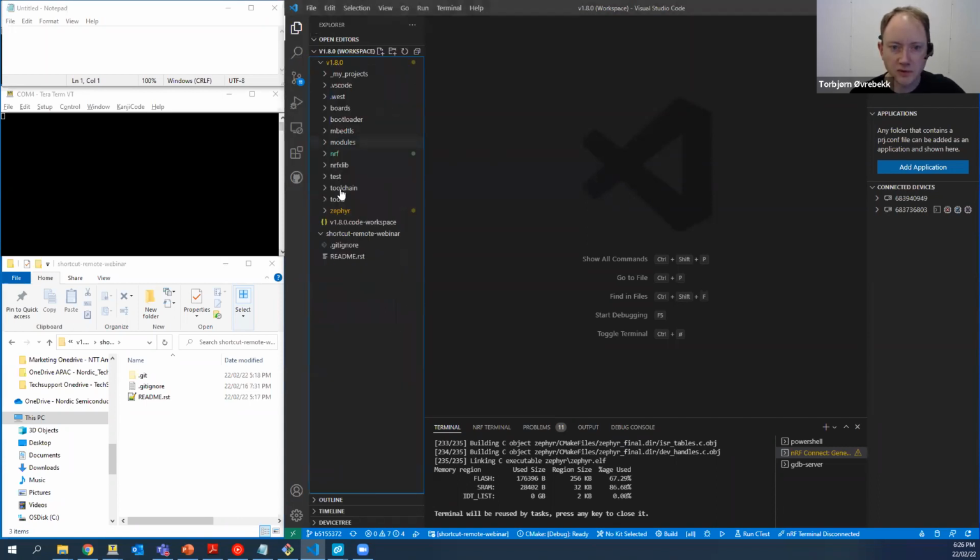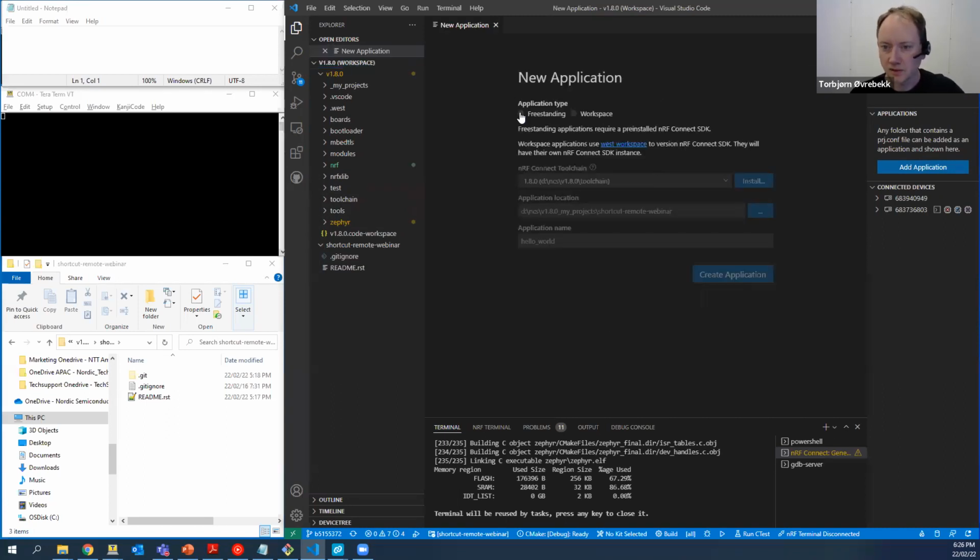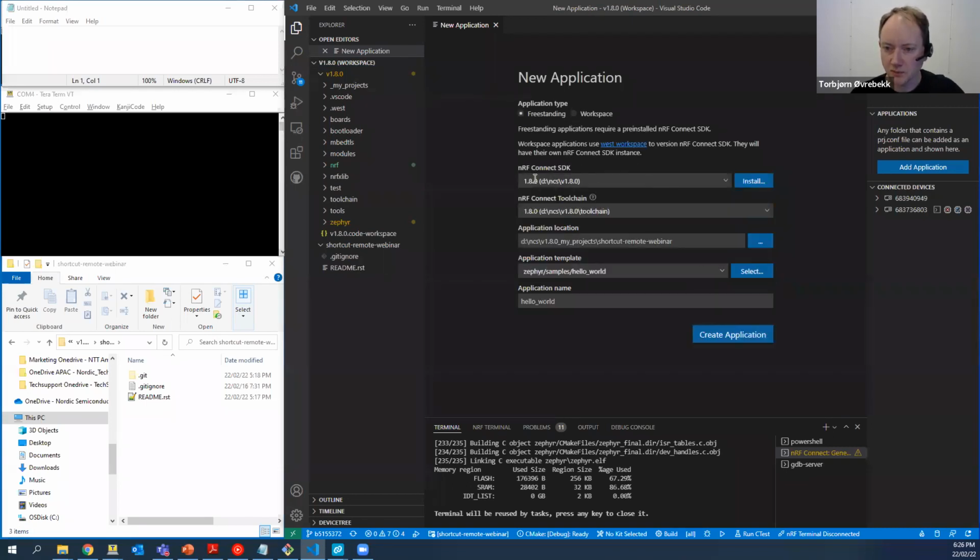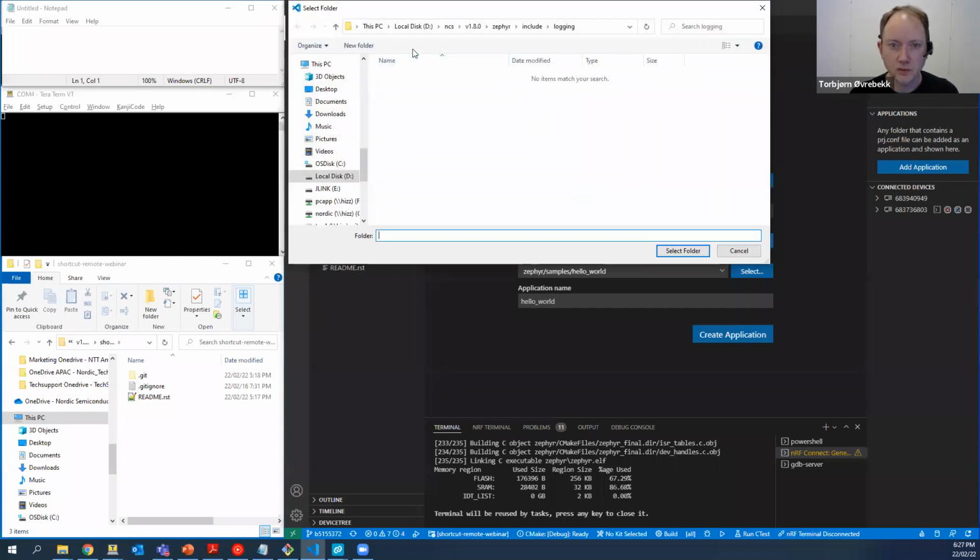A new feature that we got in one of the recent versions of the plugin is that you can now actually put the plugin itself and all its interfaces on the right side of the screen. So that means I can have all my folder views or debugging views and everything else on the left like you used to. And then on the right side of the screen, you can have your nRF Connect functionalities available. In this case, I want to show how you can create a new application from a sample. I'm going to take the freestanding example in this case. I have to make sure that I'm using the right NCS version. This is 1.8.0, which I'm using. I will pick whatever folder I want to use for my